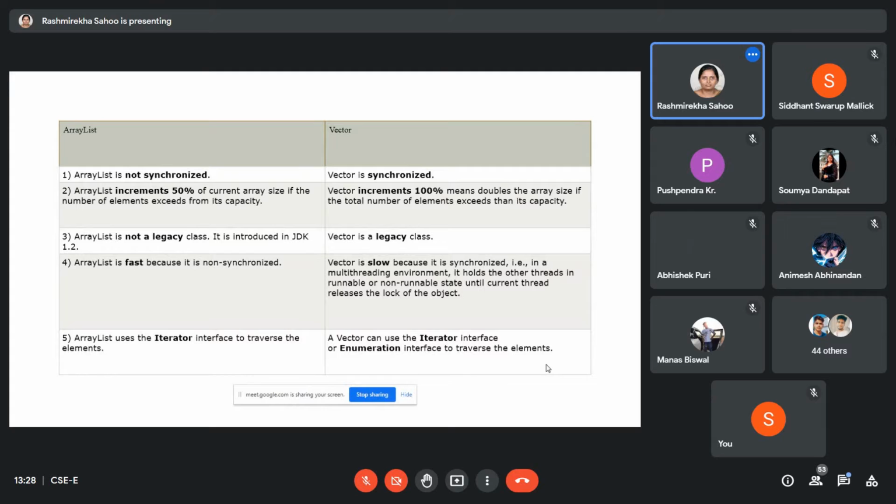The second difference is array list increments 50% of the current array size if the number of elements exceeds its capacity, and vector increments 100%, meaning it doubles the array size if the total number of elements exceeds its capacity. So what do you mean by it? So default capacity of,